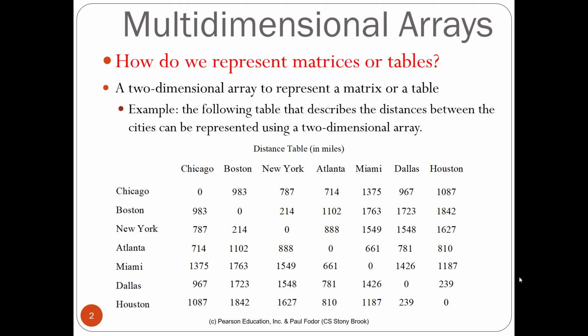You are looking at a distance table. In this distance table, we have the distance between different cities. These are some 7 cities, Chicago to Houston, and we have found the distance between each pair of cities, which is represented in this table. So if you have to store this kind of information in your program, then you will have to use a